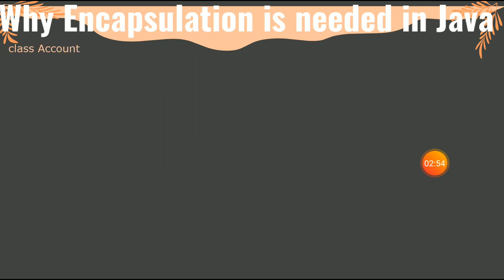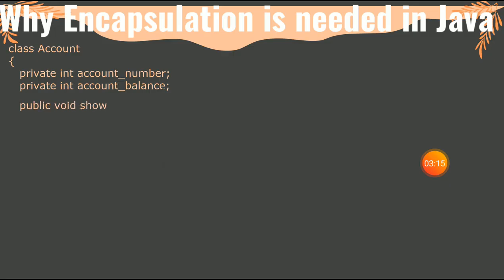Let me write one program for you. A class named Account, and then two variables are declared with the private keyword: private int account number, where int is the data type and account number is the name of the variable, or you can say this is a field also. Then private int account balance. Now a method; all these I am writing in the class itself, not outside the class. That's why it's hidden from outside classes. So public void show data, another method, that I'll explain to you.